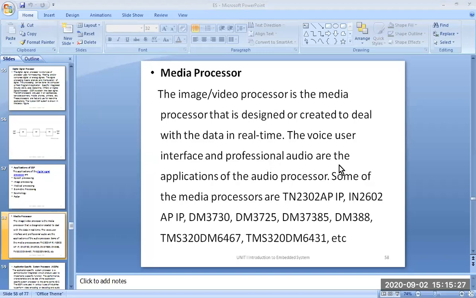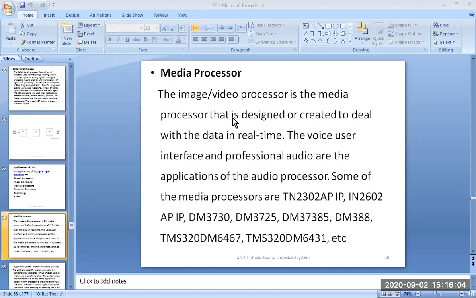For example, we are getting a TV signal. We don't project the TV signal right away. After processing only, we use that on the screen. In the processing, what we do is enhance the TV video signal. Only after enhancing is it placed on the screen. We don't directly place the TV signal which is coming from the dish antenna or cable operator. So media processors are used in those areas.